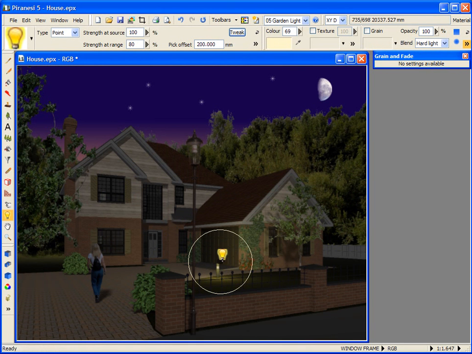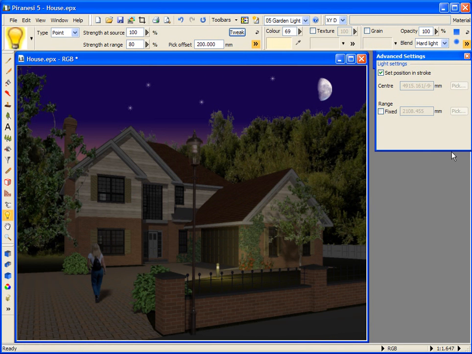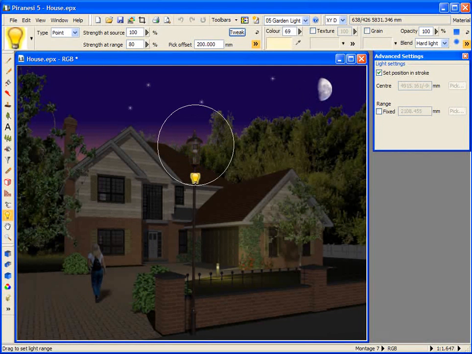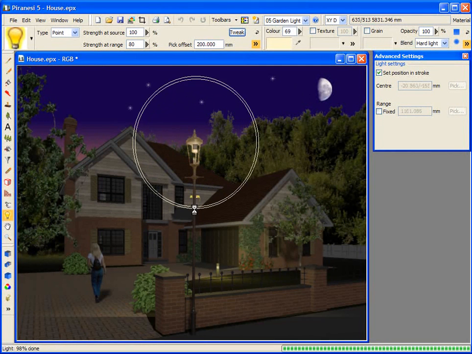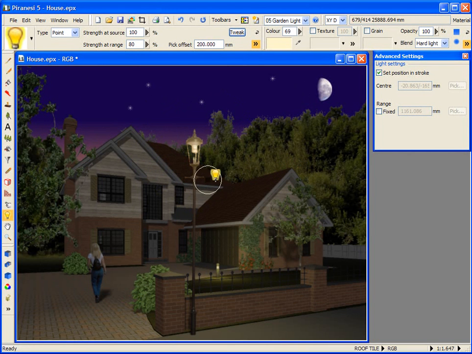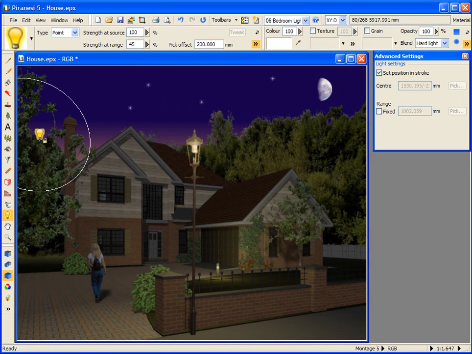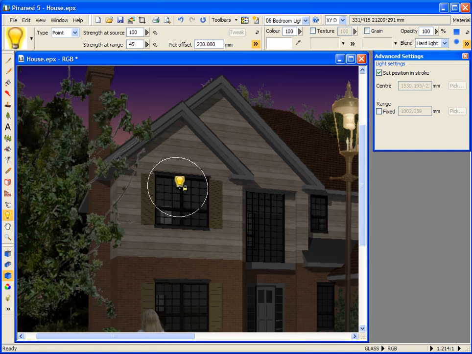And I'm able to define the position and range of the point light because I have on the Advanced Light Settings palette the options set position in stroke checked and a fixed range unchecked. And let's add a light to this street lamp in the foreground using the same settings. I'm now going to simulate lights in this building. Using this style from the style selector, 06 bedroom light, I will zoom in and add a point light in the bedroom here. With the material lock set,